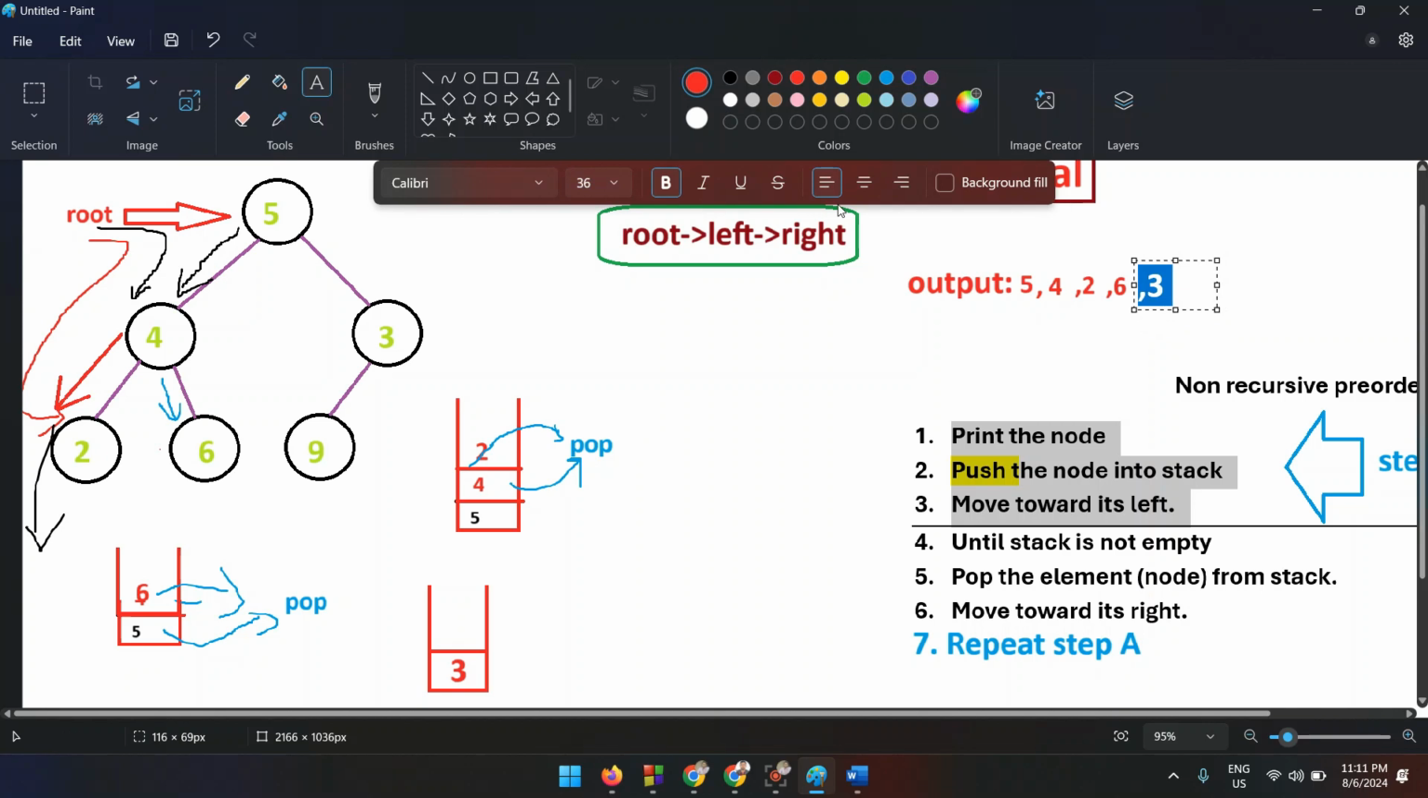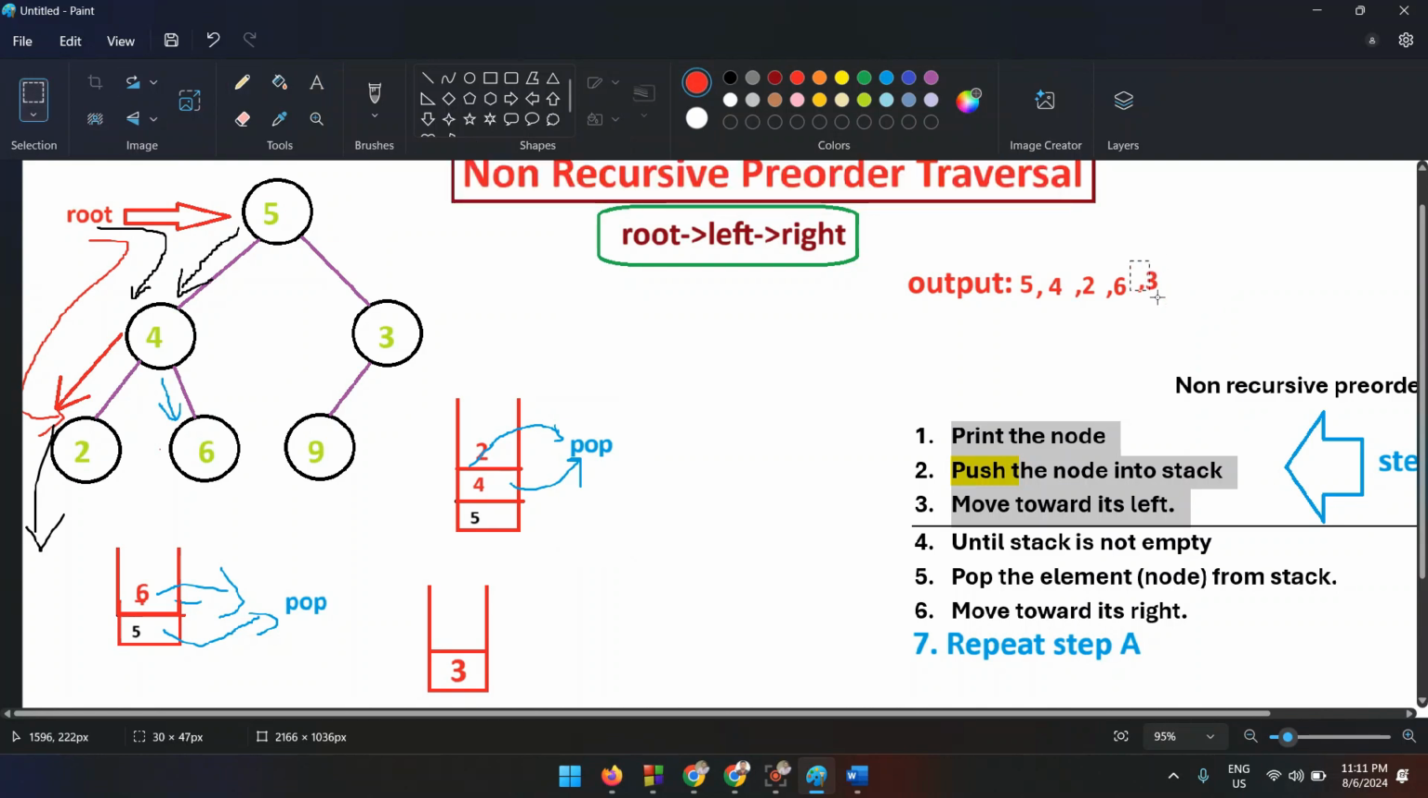Okay, so after 6, we have now 3. Don't worry, I will bring it down. This is it. I hope you are getting this. So this is your next node which is printed. We have printed now 3, and after printing this 3, we have pushed that node into the stack, and